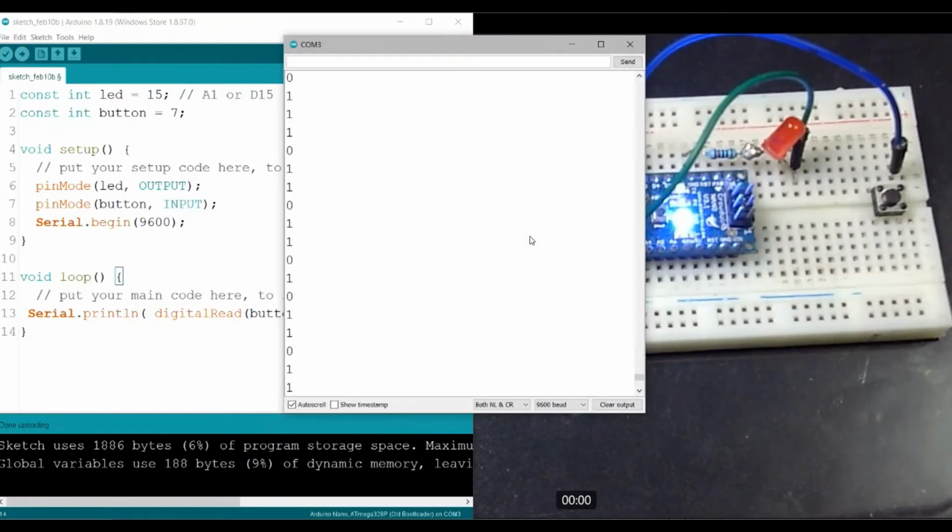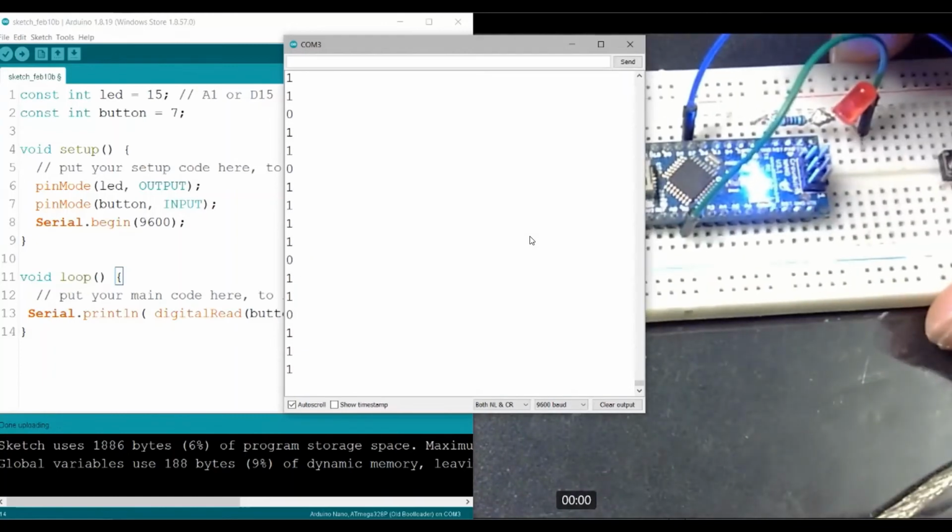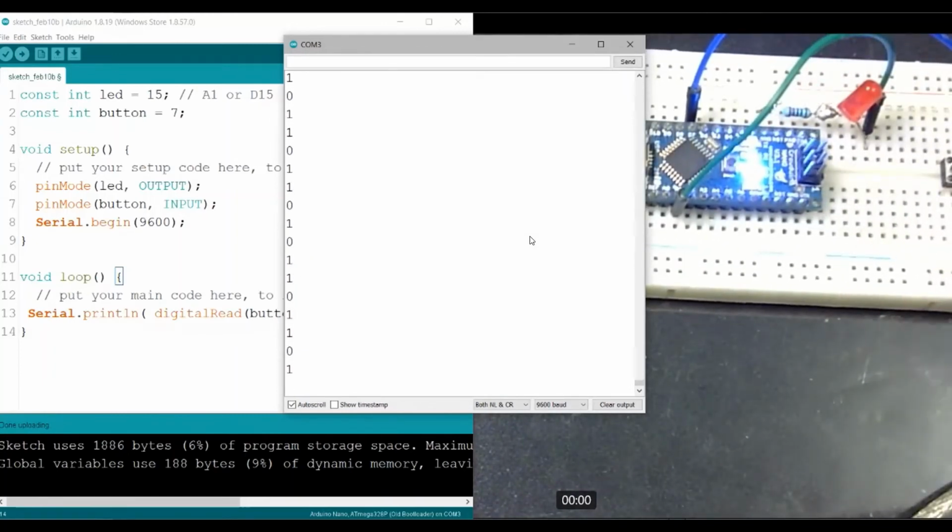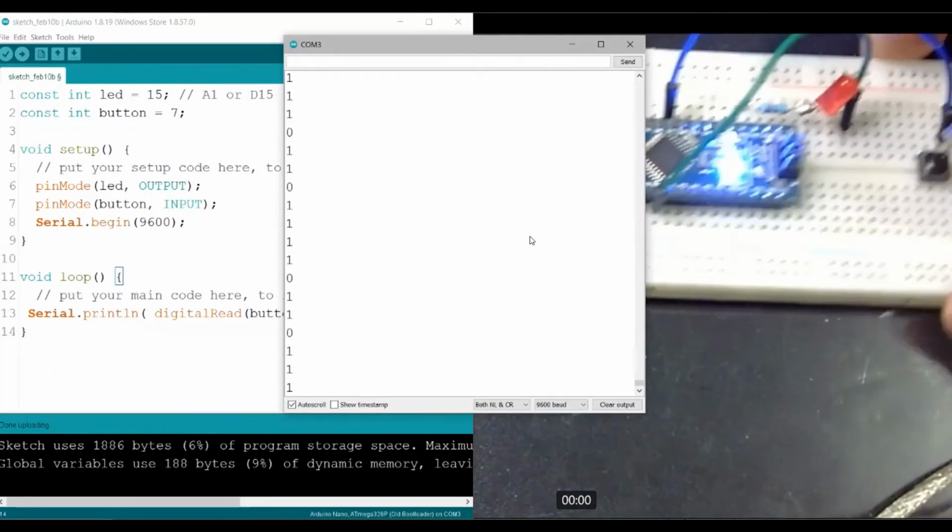Okay, so currently the feedback we're getting is 1 and 0, 1 and 0, which means we're really not sure if the value being reported by the pin, which is pin number 7, is 1 or 0. So sometimes it's 1, sometimes it's 0. So why is it like this? It's basically because pin number 7 is not connected to any circuit. So it's currently open,